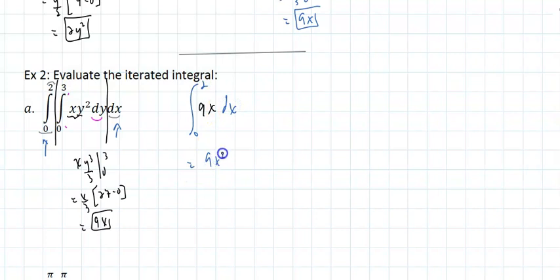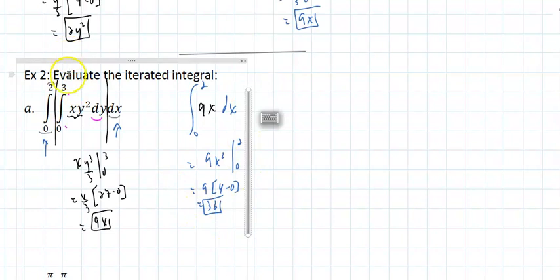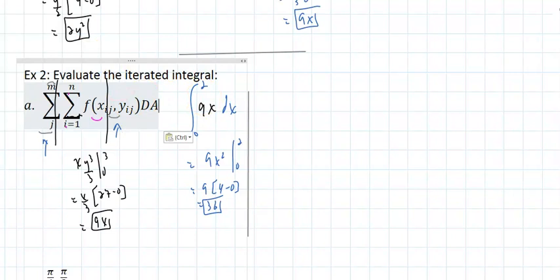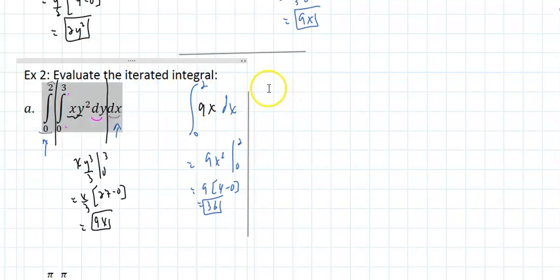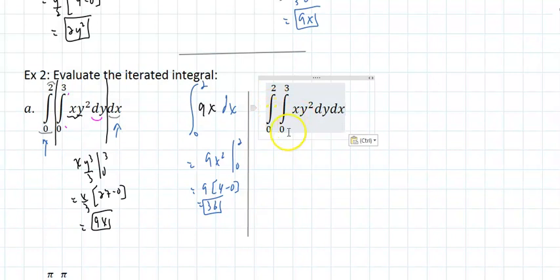And that would be 9x squared evaluated from 0 to 2. That would be 9 into 4 minus 0. That would be simply 36. And if I was to take this integral and switch the order, do a dx first, dy after,